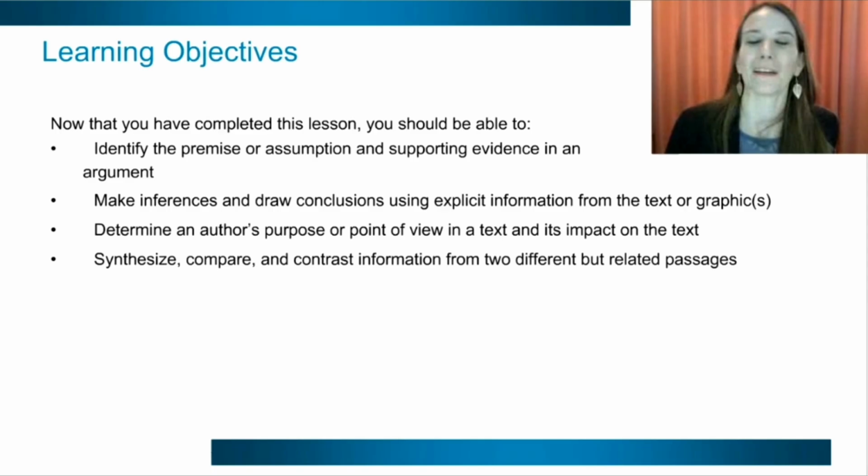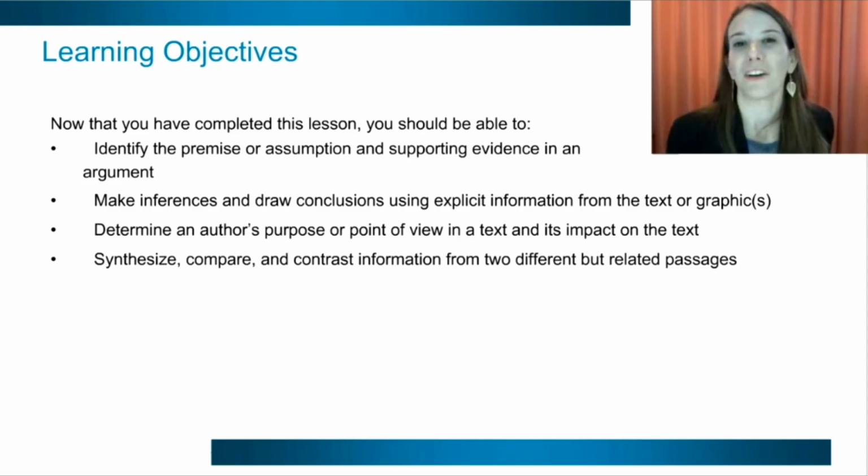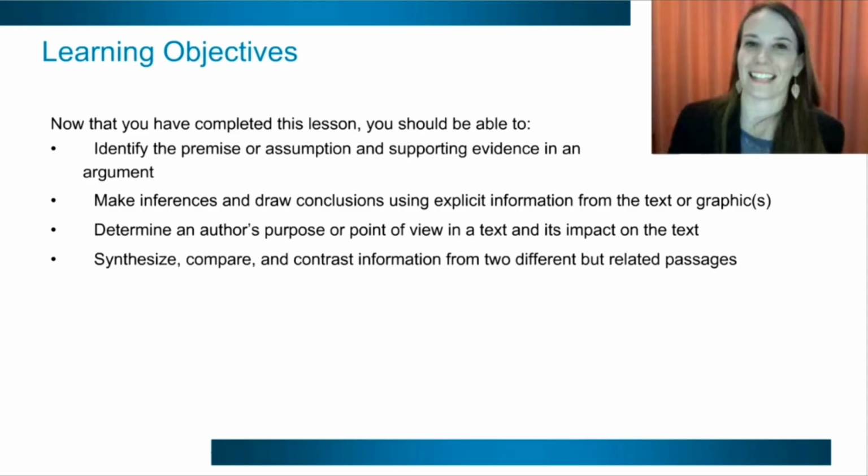All right, now that you've completed this lesson, you should be more comfortable identifying the premise, the assumption, the evidence, as well as the claim of an argument, all four of those elements of an argument. We've also looked at how to draw some inferences from when things are not explicitly stated in the text. And often this comes from identifying the author's purpose and point of view. And finally, you did all of this in the context of synthesizing two related texts. As always,